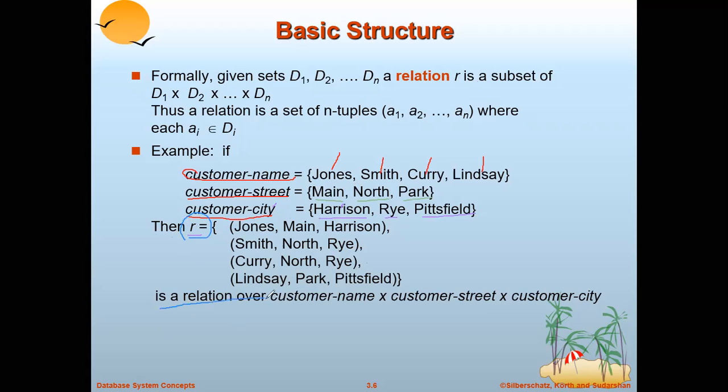So this is a relation over customer name, customer street, and customer city. So this is the formulation of the basic structure of a relation. Relation contains attributes, and attribute contains domain values or data values. Okay.